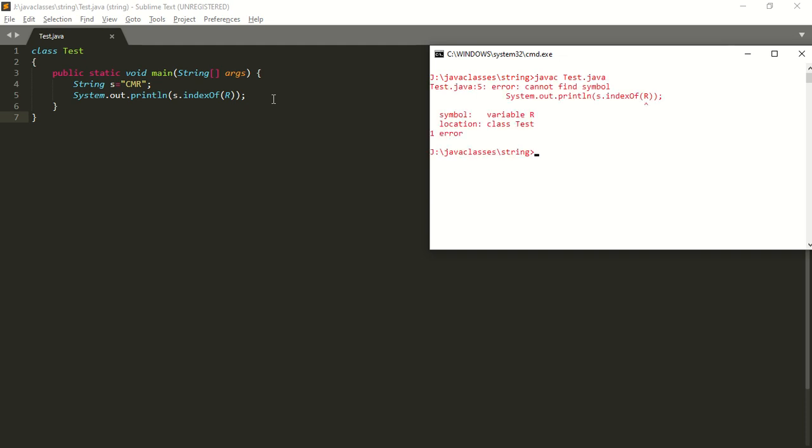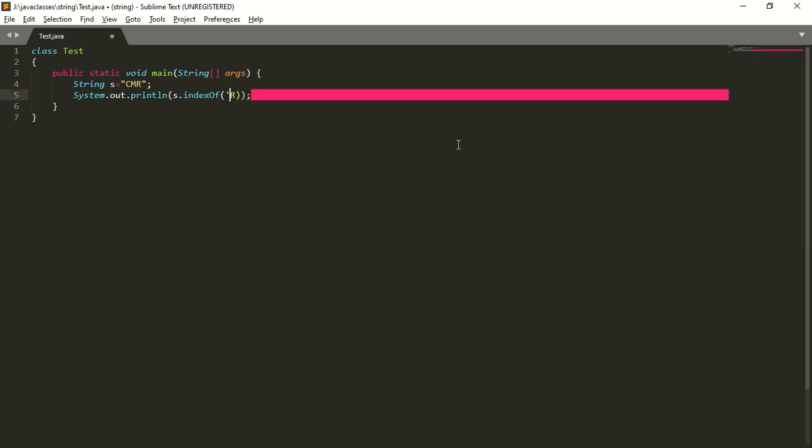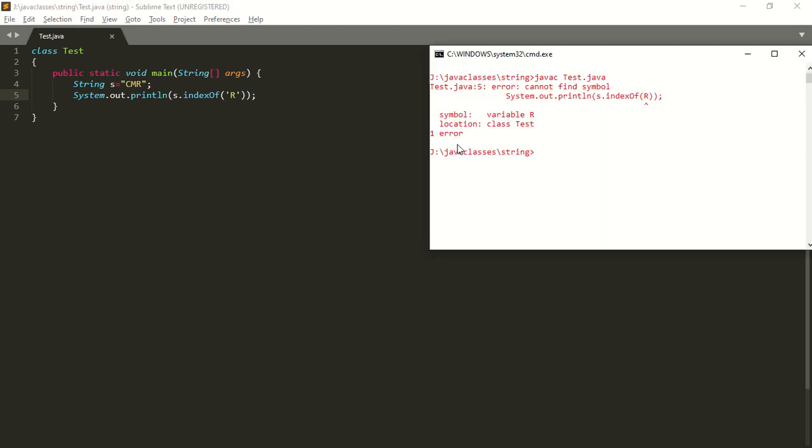What is that error we are getting? We cannot find the symbol, variable r. So we should pass r within single quotes. So save this, okay, wait, r within single quotes. Next, save the program, compile. So run this program. In which position is it there? It is there in the second index.